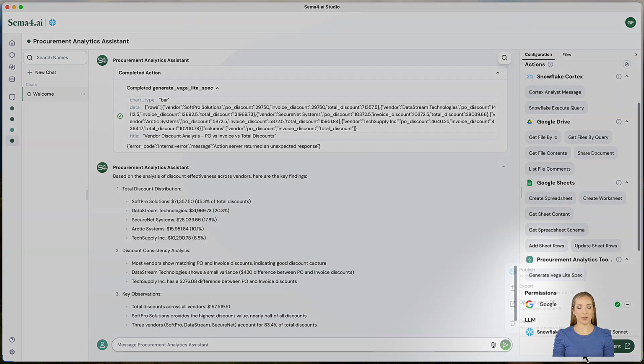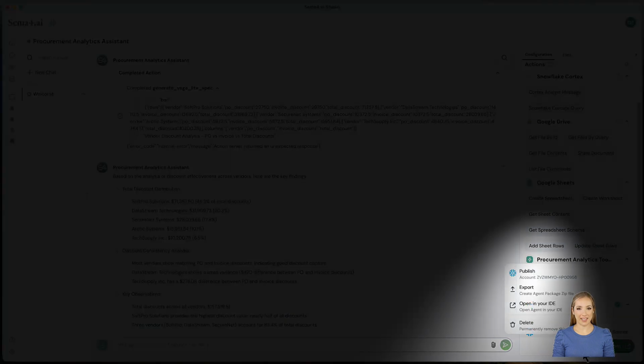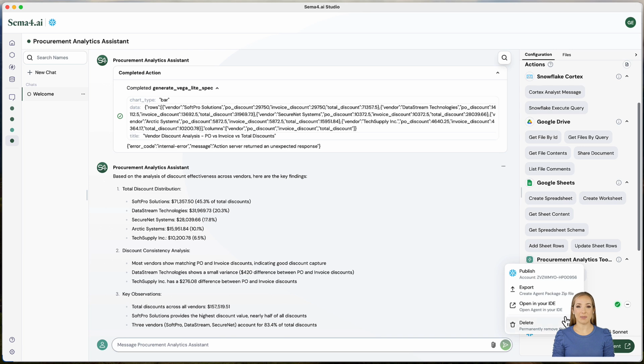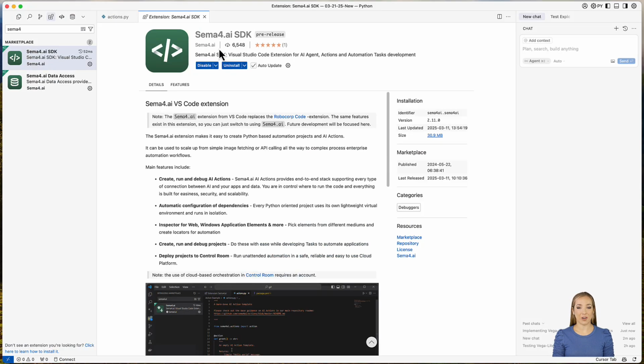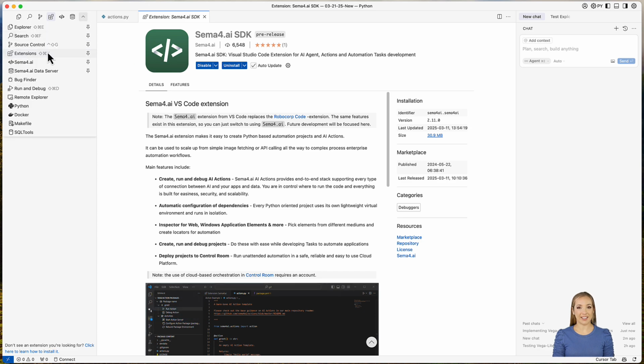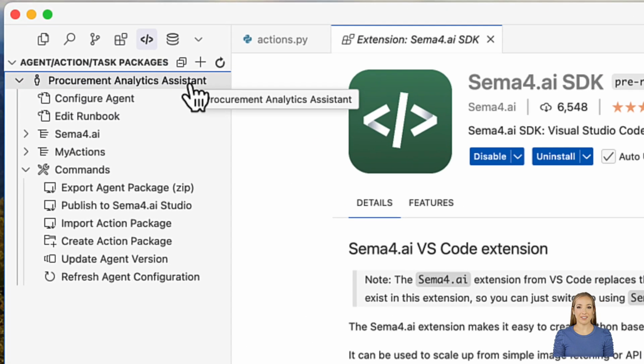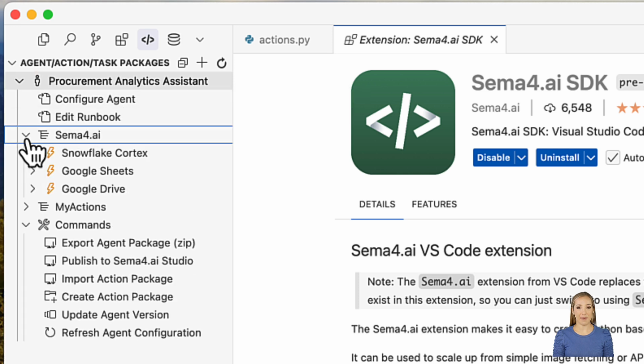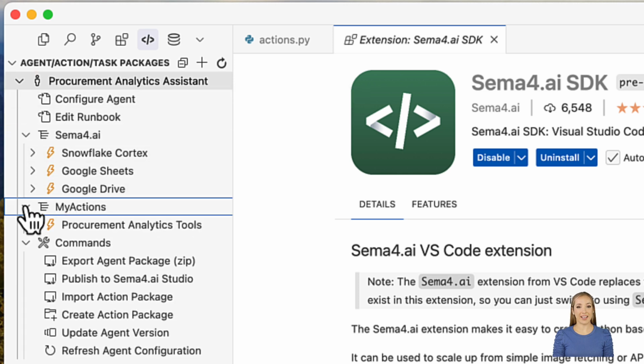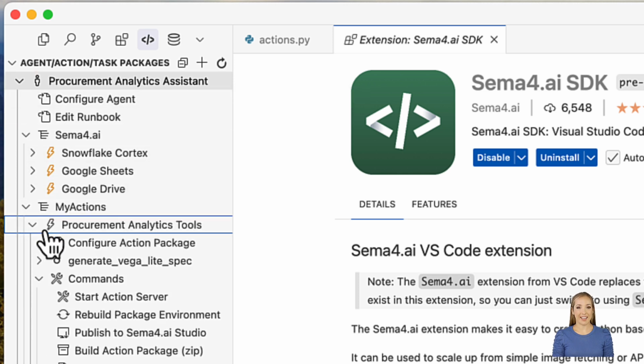One of the most powerful features of Studio is the ability to open the entire agent project directly in your favorite IDE. Notice how I can simply click Open in your IDE from the menu, and Studio launches my default IDE, Cursor, where the Sema4.ai SDK extension is already installed. This extension automatically sets up the complete agent environment with the runbook, actions, and all required Python dependencies,